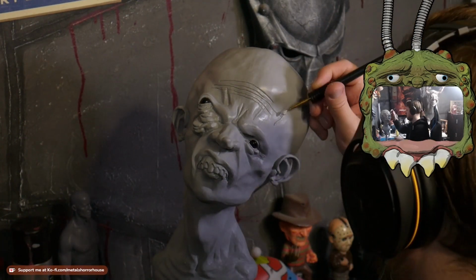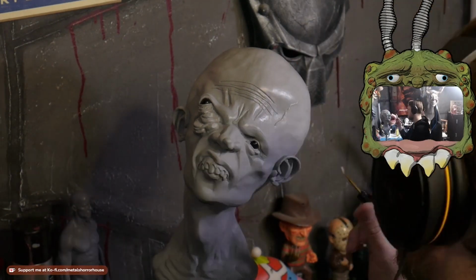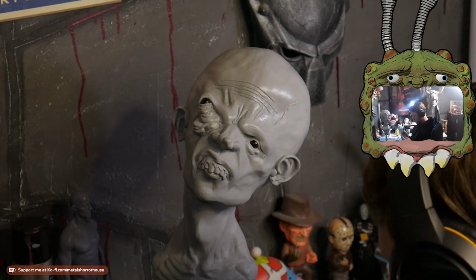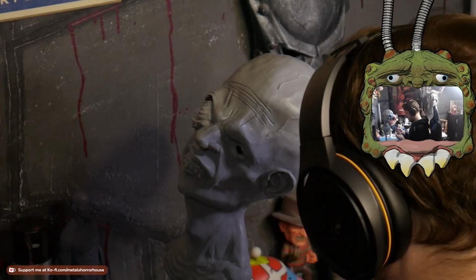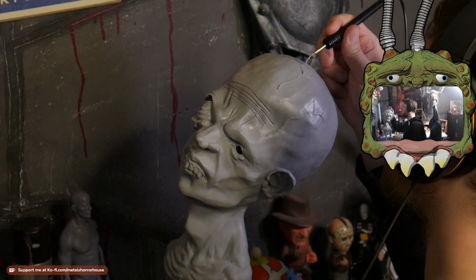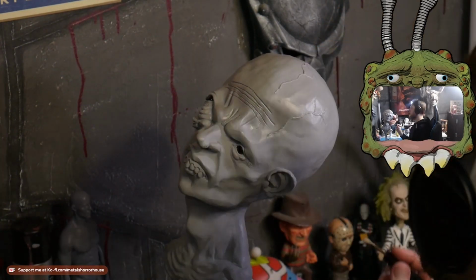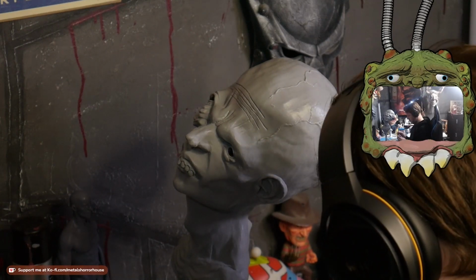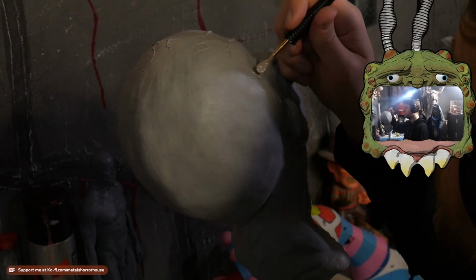For this process of putting in these little veins in the head, I bought myself a wax machine, a heated wax pen, where you melt, well, since monster clay is pretty much like a clay wax, you can melt the clay onto this little spoon using this little pen, and you can make these really cool organic lines with it. It's a little tricky to use,